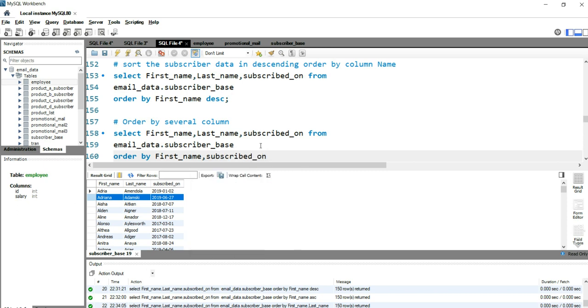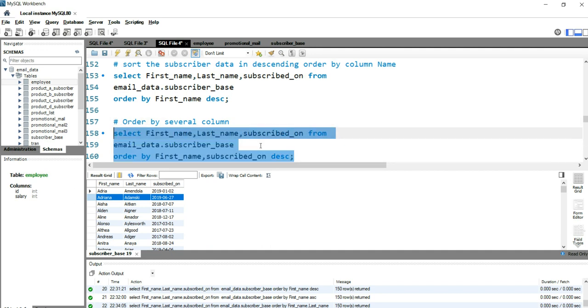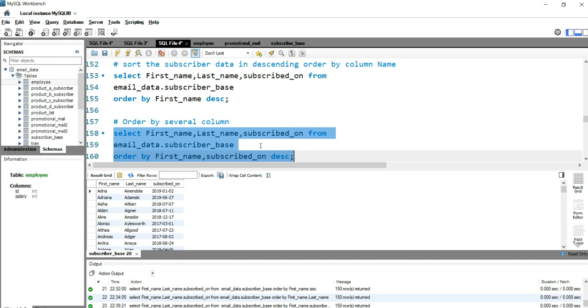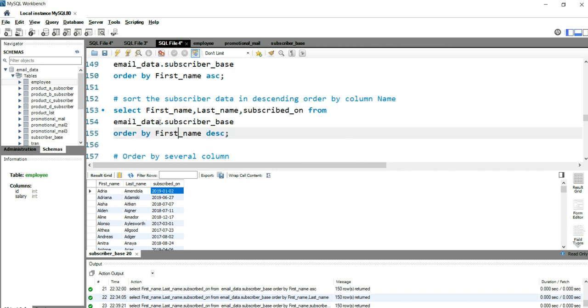So I'll put subscribed on DESC, and now I'll run the code. So what happened here is that this result set is giving me the sorted data based on first name and the subscribed on date. So this person has subscribed on this particular date, which is in descending order. So this is how you use the order by to sort your data.